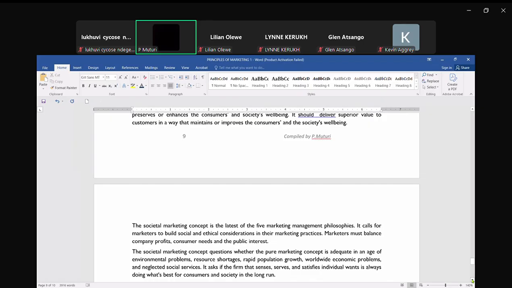Being responsible as a business to take care of the environment, to take care of the customers and people in general, even workers, because you can do business and make profit, but the company is not paying their workers in a fair manner. So that is an aspect of not taking care of the societal well-being. That the working conditions are not good. Again, another aspect of not being socially responsible. So here, the whole aspect is what we call balancing between the company's profits, consumer needs, and the public interest. That is the societal concept orientation.